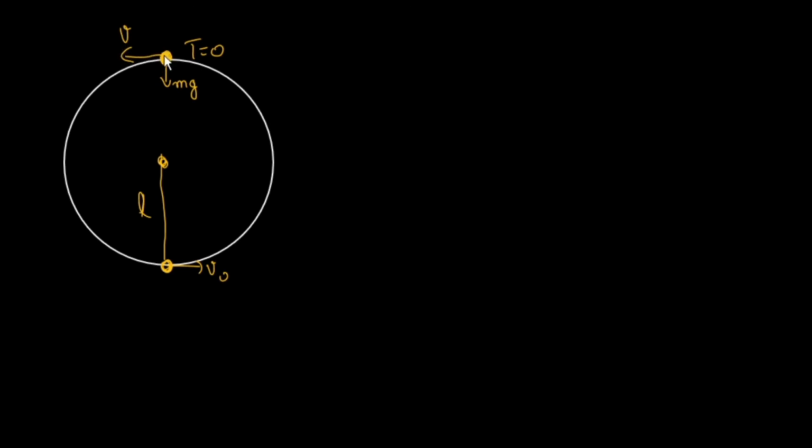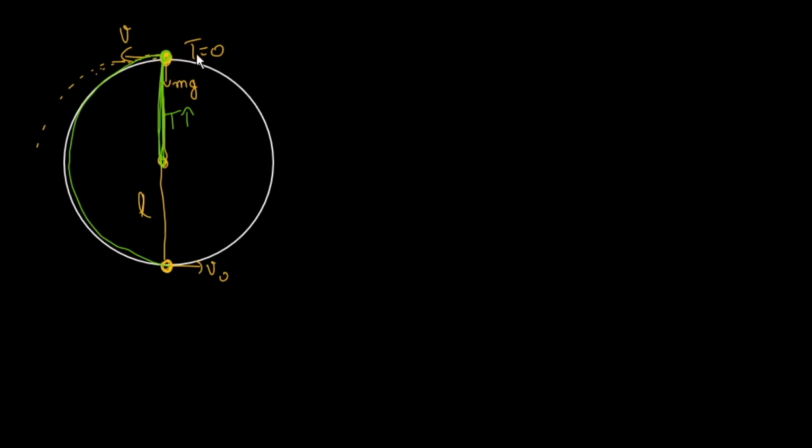Because of this speed v, the stone will want to carry forward and perform a parabolic motion like this, projectile motion. But as soon as it tries to perform the parabolic motion, the string again comes into the picture. Let me just redraw it. The string again comes into the picture and tension again starts increasing beyond this point, because the stone wants to get away, but it is still tied to the string. So tension will again start acting from this point onwards, and it will again start moving in the circle.